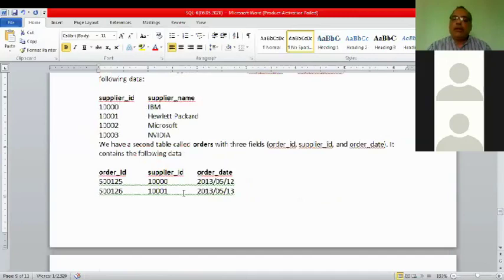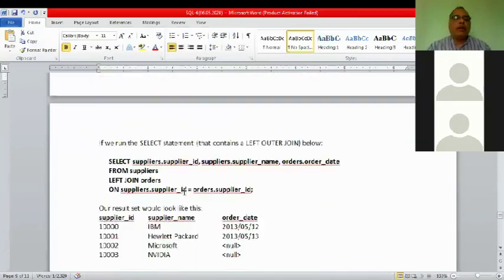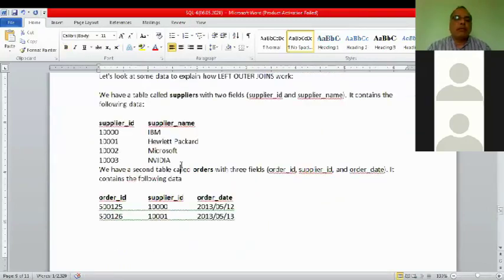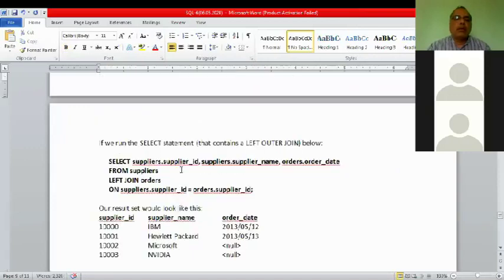and we are firing the command, SQL command. Select supplier dot supplier ID. See supplier dot supplier ID.